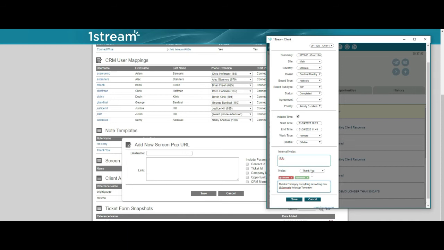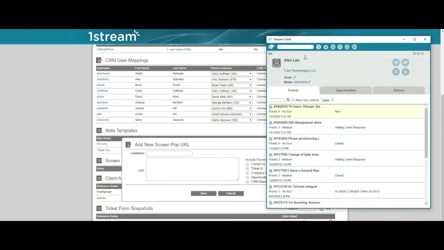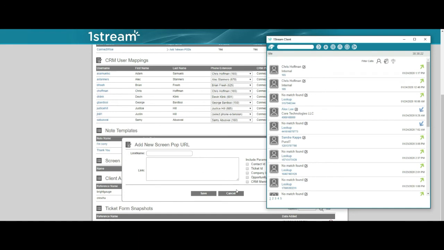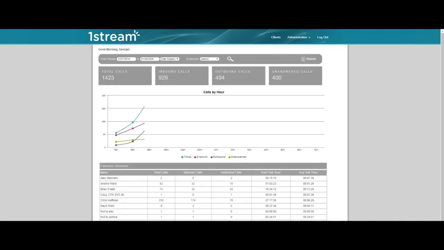The goal here is just rapid interaction, so that all the stuff that you're not doing because your CRM may be too clunky is a lot easier to do, because it's all fast clicks, drop down, save, and you're on your way. So you can see here it's pretty simple to do. You can even monitor your call recording attachments right now within this menu, and you can see if call recordings actually made it into the system or not. So at the end of the day, it's a really powerful solution.